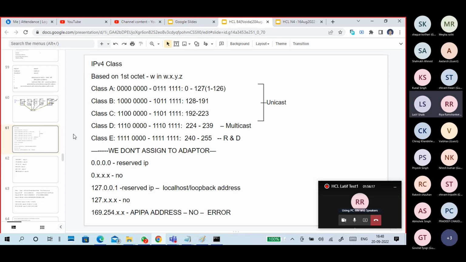255. Class E is R&D, it is completely reserved, no one is using it. Class D is for multicast, used by multicast communication with certain protocols like the BootP protocol or dynamic routing protocols like RIP version 2, EIGRP, OSPF. They use this multicast communication. And for our PCs, we assign only Class A, Class B, Class C ranges, that too